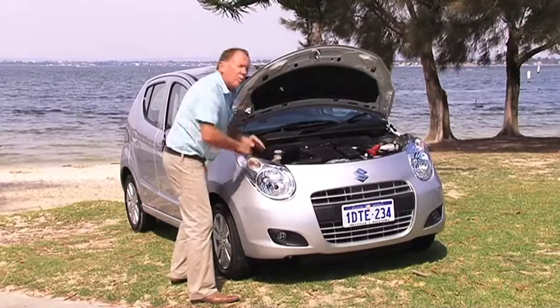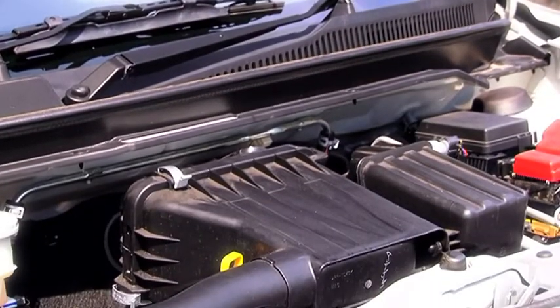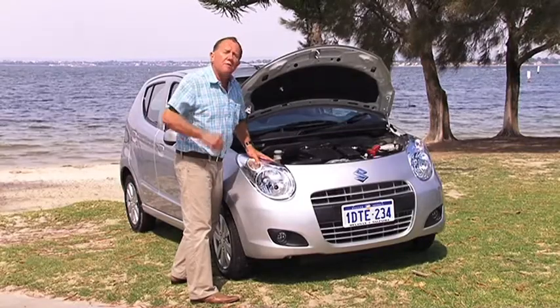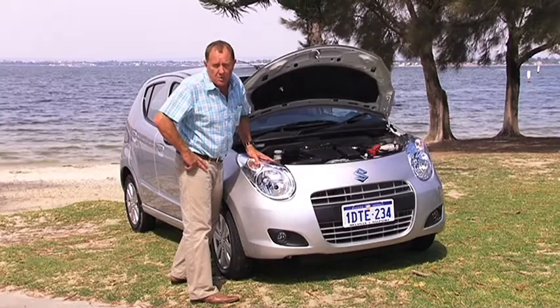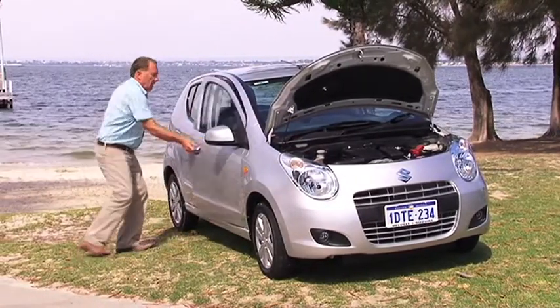Now, under the bonnet, we find out why it's so economical. It's a 1-litre, 3-cylinder engine. Now, we haven't seen that sort of configuration since the demise of the very popular Daihatsu Charade. Now, she is a 5-door. And inside,